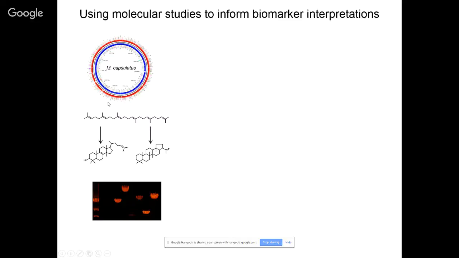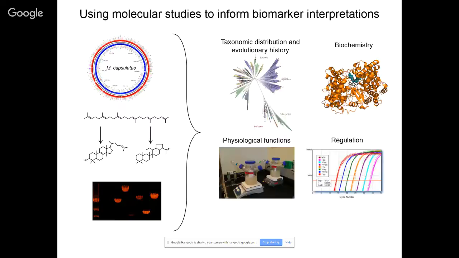I find these potential biosynthesis gene candidates, and then we can make knockouts. And when we make knockouts, we verify that these proteins are actually involved in the biosynthesis of these molecules. Once we do that, that opens up a whole wealth of experiments that we can do. One, we can look in genomic and metagenomic databases for the distribution of these lipids. What other organisms can produce these lipids? We can do phylogenetic analysis to look at the evolutionary relationship of these biosynthetic pathways between different groups, different taxa.